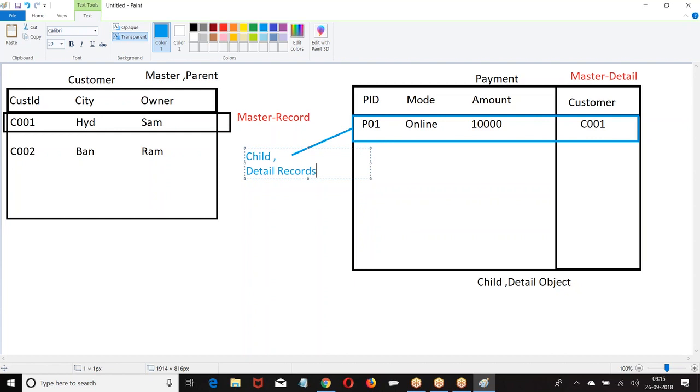We told there is one system field which by default generates 18 character ID. So whatever the record ID is there, ID of that record is stored. It is not city, it is not owner, it is not place. They won't store the fields of the master. They will store ID of the master record. Using that ID, I can get your record. Because if you know ID, we know how to get the record. So, in the master detail field, ID of the master record will be saved.